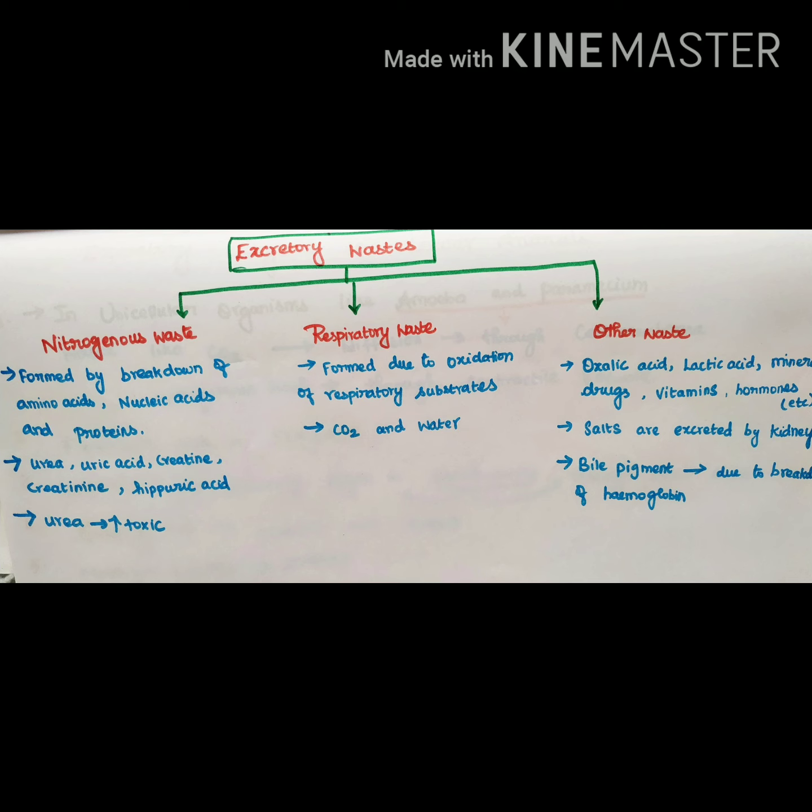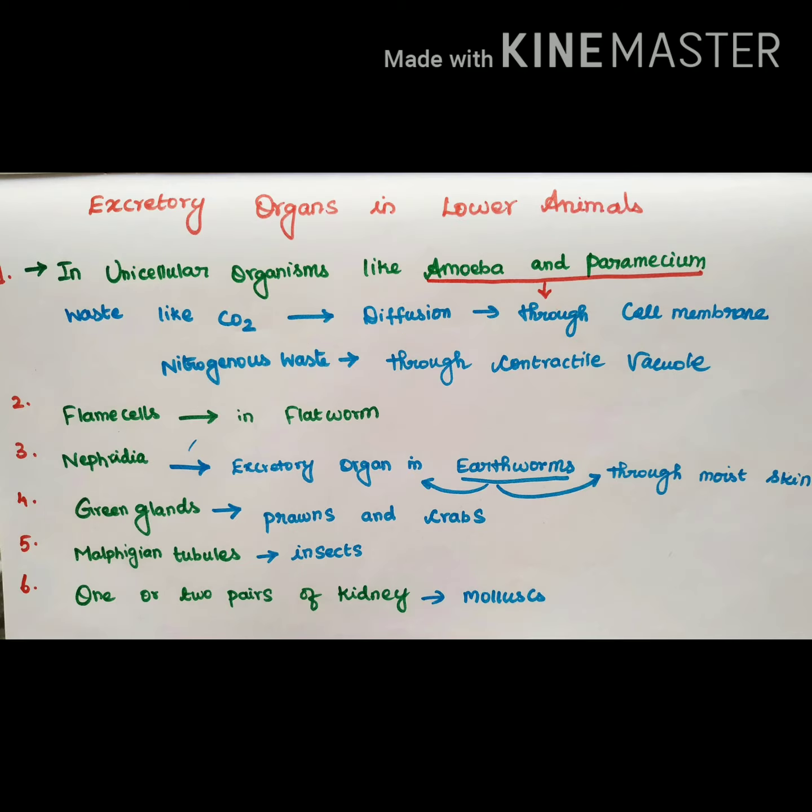So now we will see the topic excretory organs in the lower animals. Till now we have seen how excretion takes place in the plants. Now we will enter into the lower animals, how excretion may take place in the lower animals. You may think of how it takes place in the human being. As you know very well, excretion in the human being takes place with the help of the major excretory organ, the kidney, right? So unlike the kidney, in the lower animals we are going to see various organs.